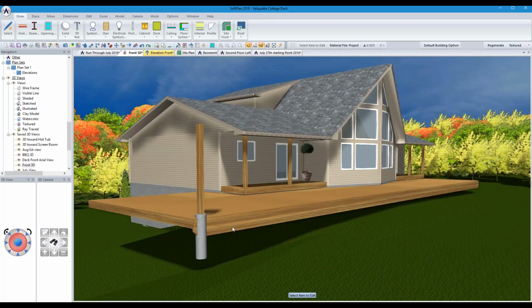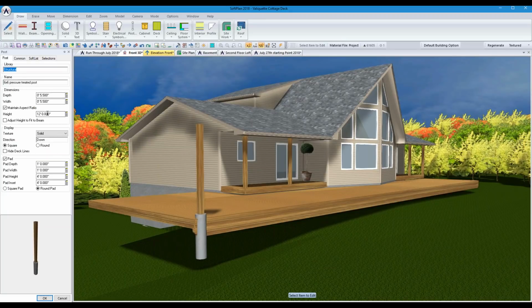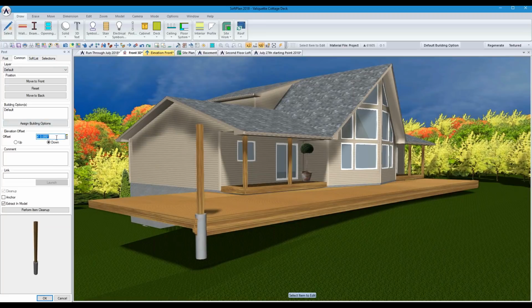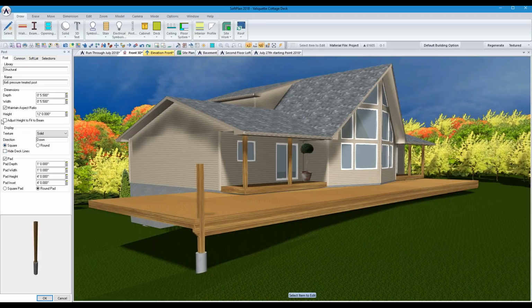So when you're back in your 3D, we're going to be referring to the 3D quite often. You can see that it doesn't know where it should be just yet, but I can then edit that post, and I can set it, say, down, I think about 7 feet. So if I go to my common tab and I can say, let's move it down 7 feet, that's better, but I could probably move it down a little bit more, 7 foot 6 inches, drop it down. And then back on the post tab, there's an option in here for adjust height to fit to the beam, and that will actually chop the wood portion of that beam off to fit up underneath there. Okay, so just by doing that, that's gotten the first one ready,